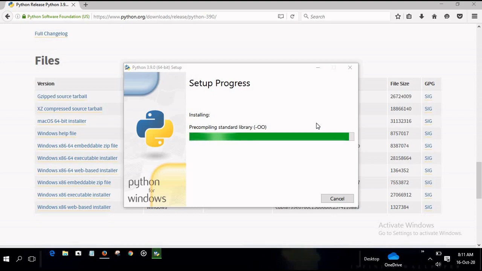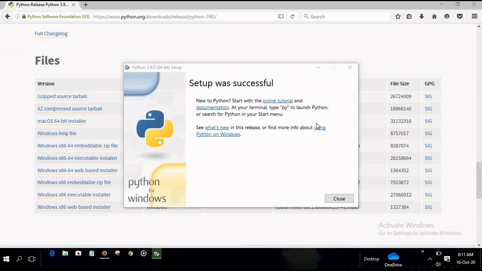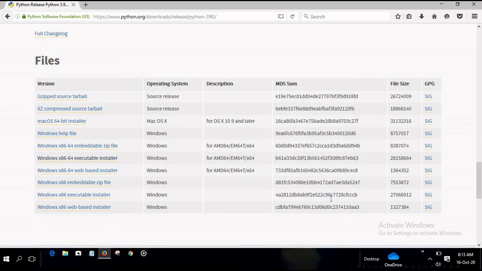The installing process is about to complete. You can see here the installing process is completed. See, setup was successful. Then click on the Close button.